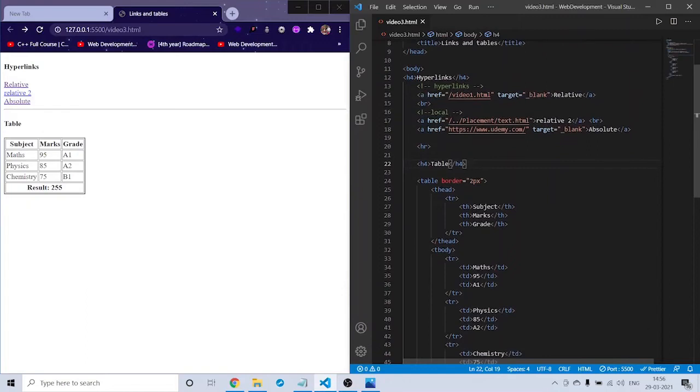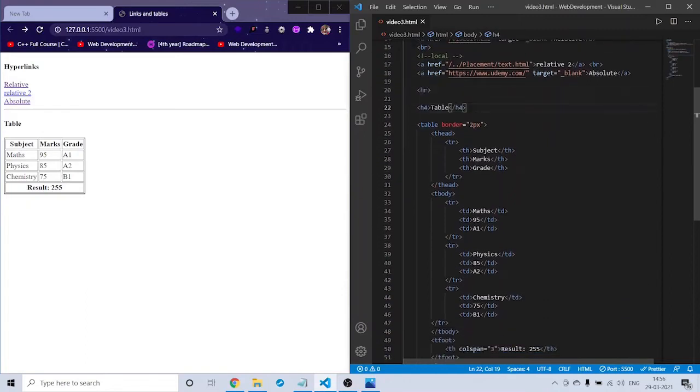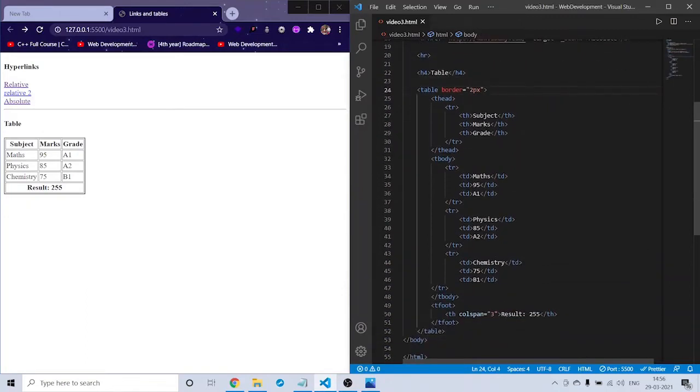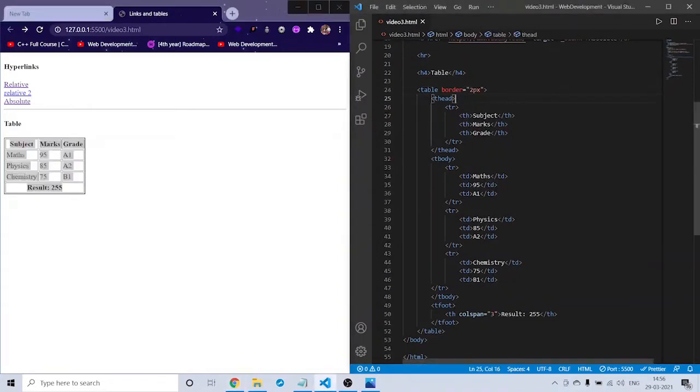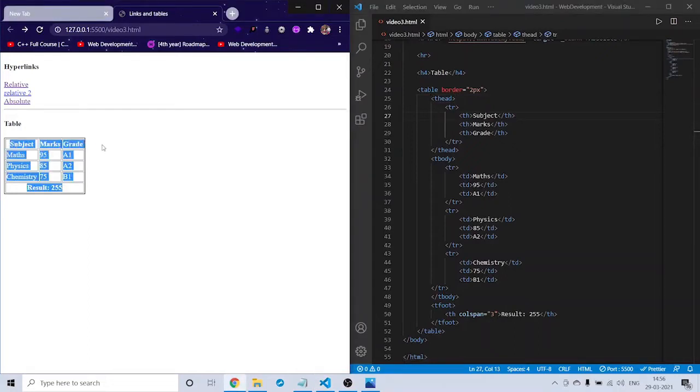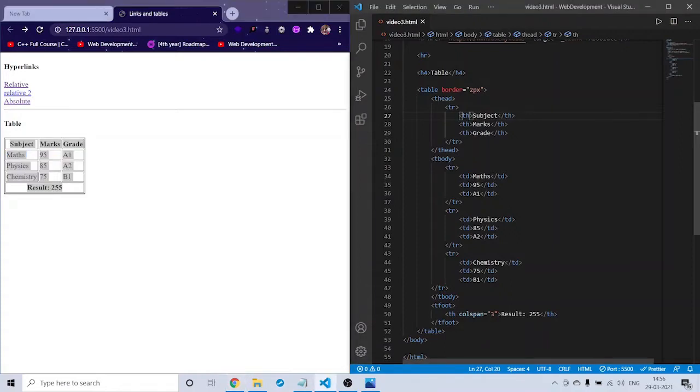And in the table, first you need to open the table tag. And in the table, when you are giving the headings in this way, you need to open the thead tag, because that is the head of the table. And in that you need to create a row, which is this row here. The first row, you need to create a row, and in that row you need to give headings. What if you give here td?